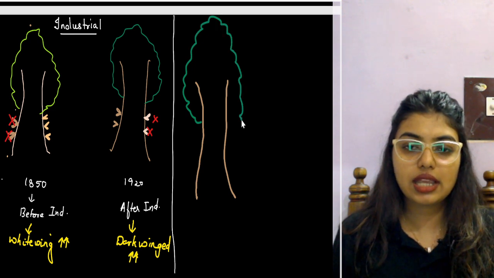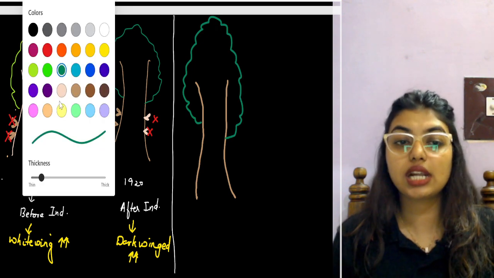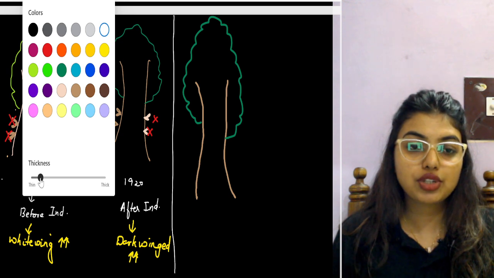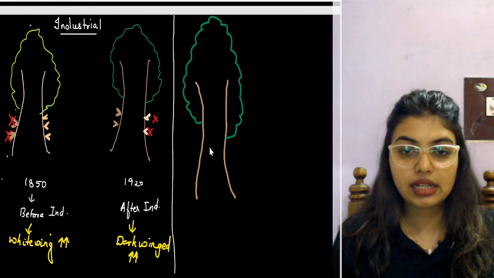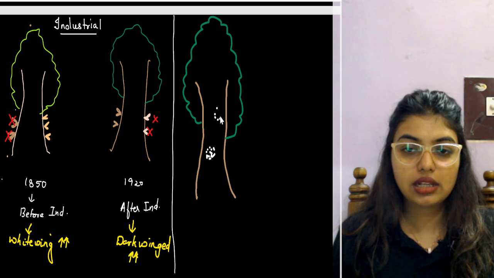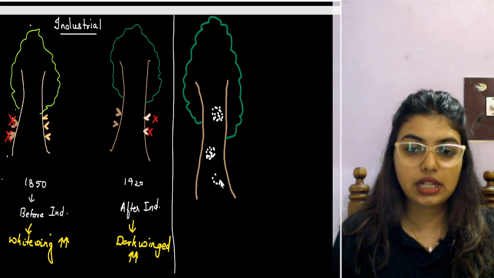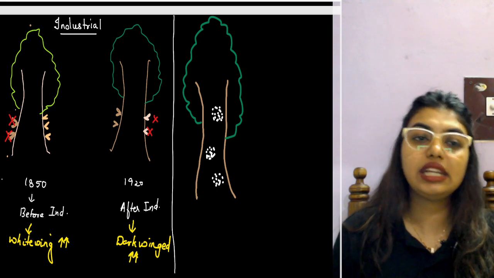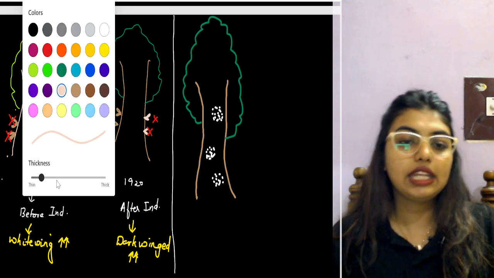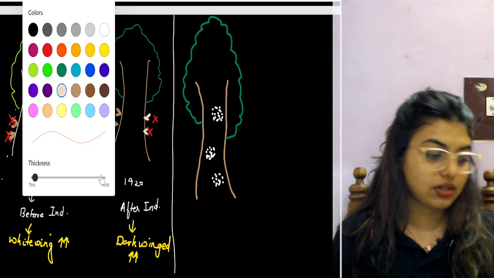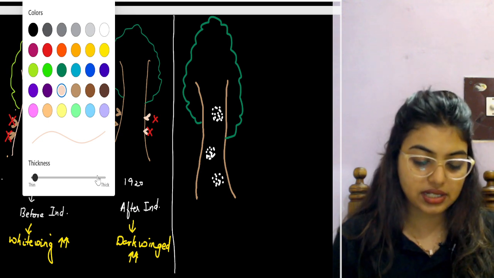Now this is when pollution started increasing. When pollution started increasing, remember that here the lichens, these are the lichens. So students, lichens are an indication for pollution. In a place where lichens are not present,